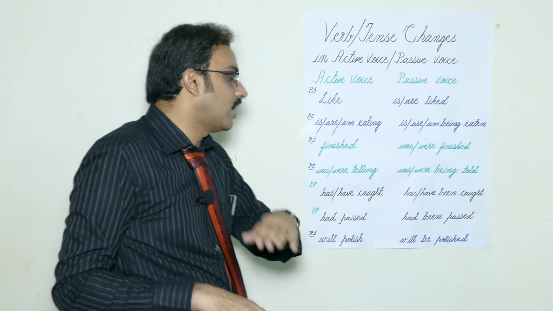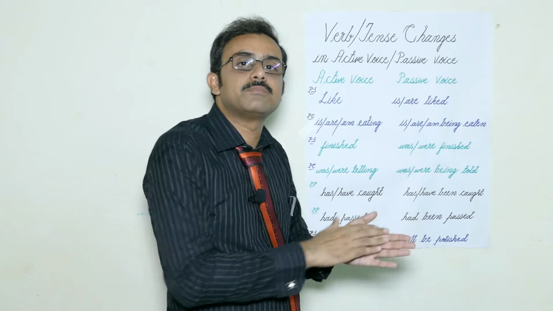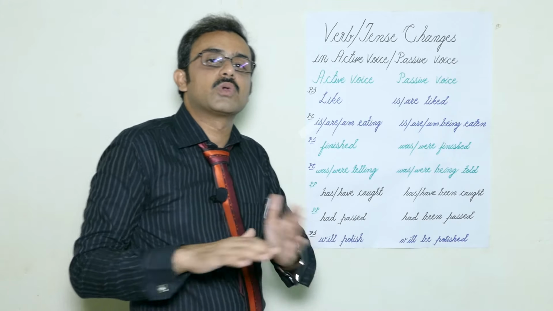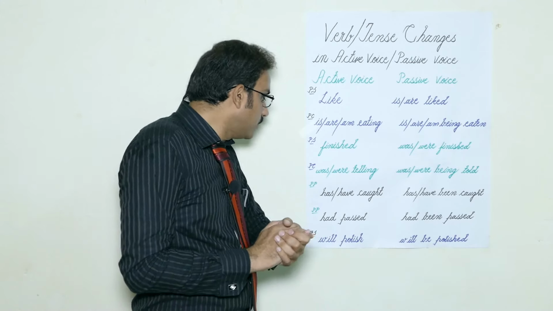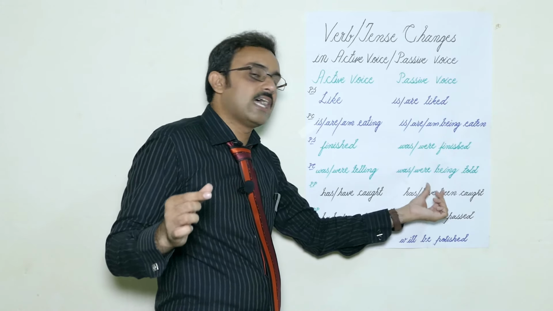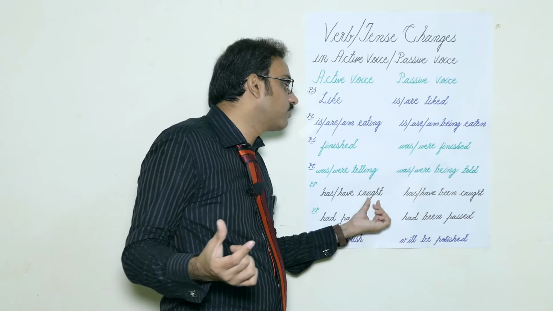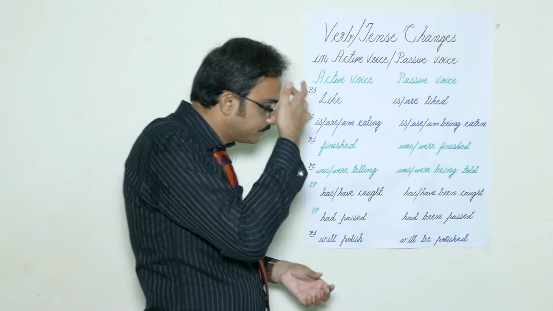These things I have told you earlier. These things would be discussed in certain examples more clearly, in a more easier way. Okay, now I did what? We change has, have with has been or have been, and third form caught, means past participle in passive form.